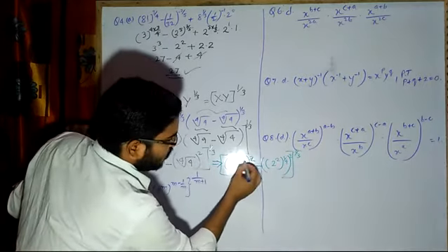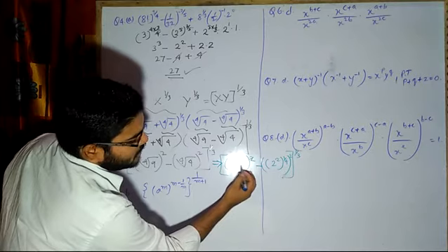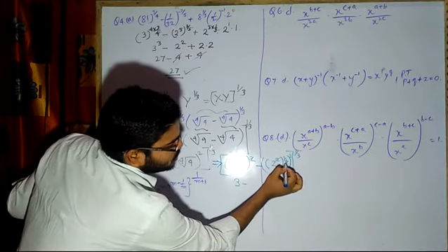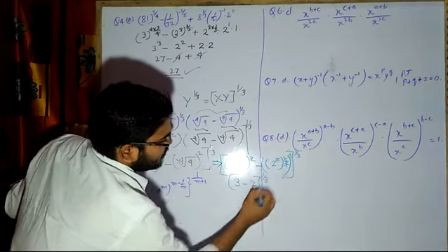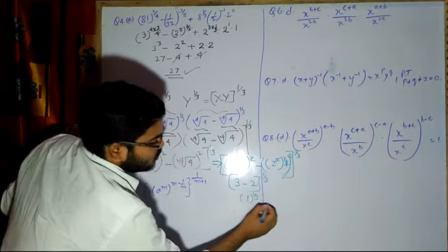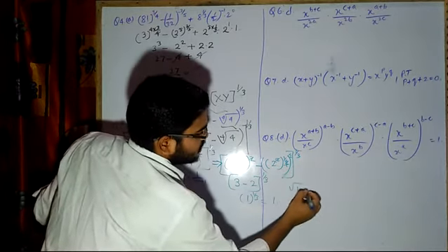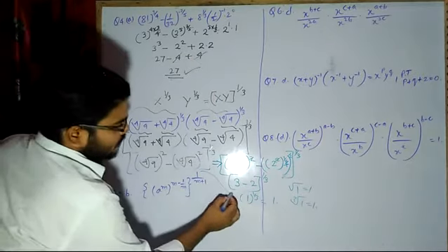Now 2 2s are 4, 4 cancel. If you multiply, if it will come inside, so it will be 2. So 3 minus, again same way, 2 2s are 4 and 2 2 cancel, so it will be 2, raised to the power 1 by 3. Now 3 minus 2 is 1 raised to the power 1 by 3. So 1 raised to the power 1 by 3 will be equal to 1 only, because the root of 1 is 1. Root of 1 will always be 1. Understood? So in this way we will solve this.